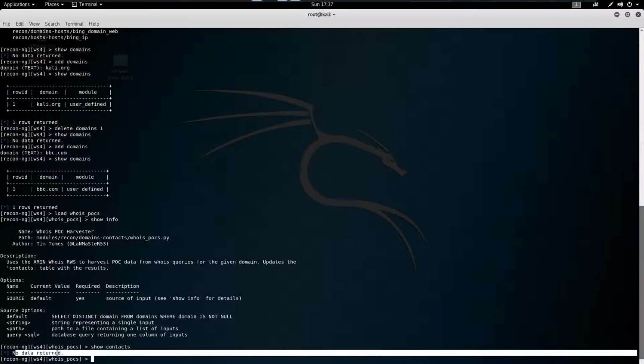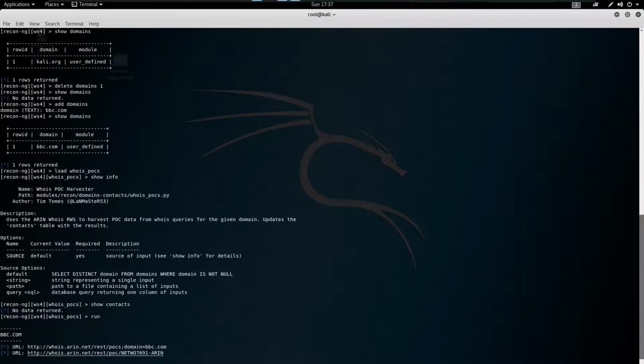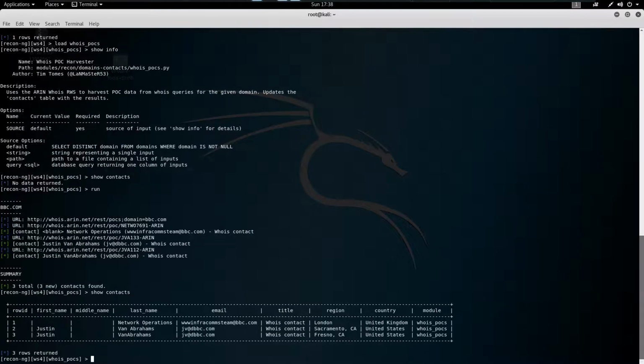Now if I say run, this whois scan on bbc.com, you can see that 3 contacts are found, and these contacts are updated in the contacts table with their email, title, and the module name that we have used.